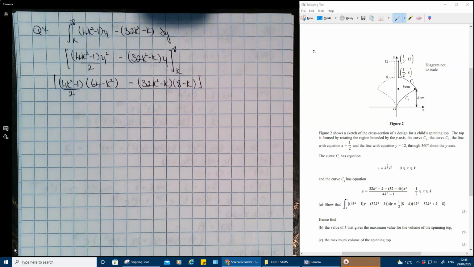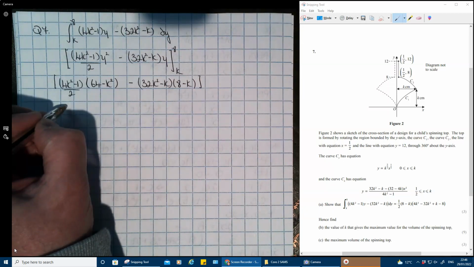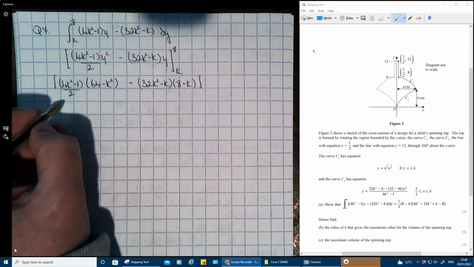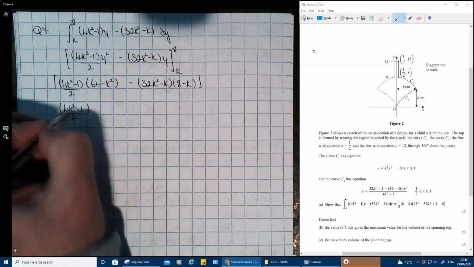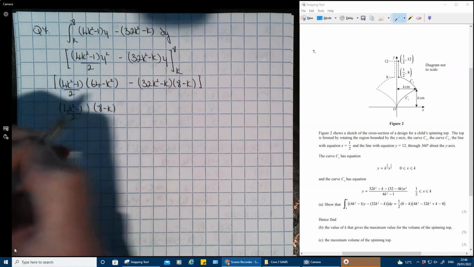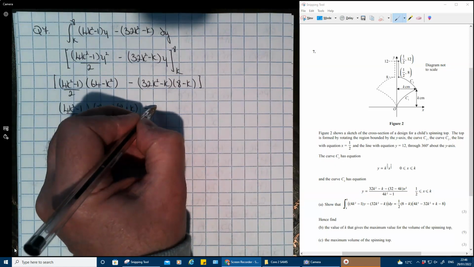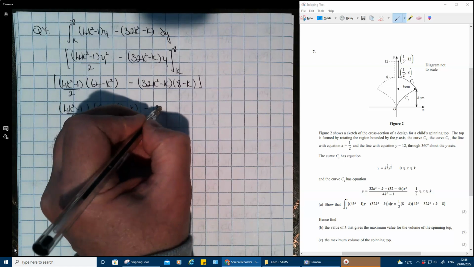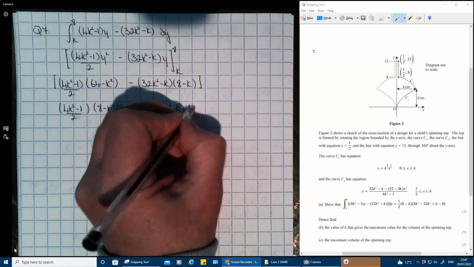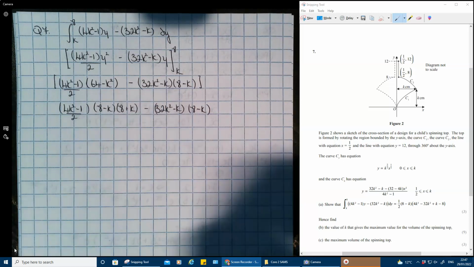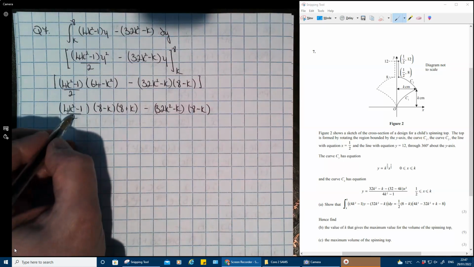Okay, so I've now got, this will factorize, so I've got 4k squared minus 1 over 2 times 8 minus k, 8 plus k, take away 32 k squared minus k times 8 minus k. Okay, take a factor of 8 minus k out, which I know is in the answer anyway, and I'll take the half out. So half